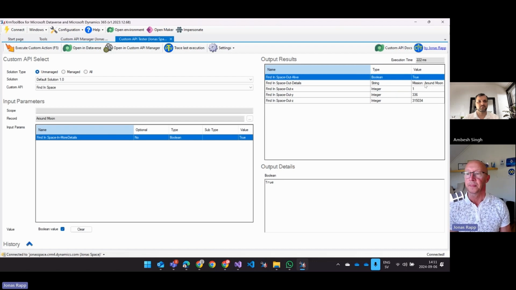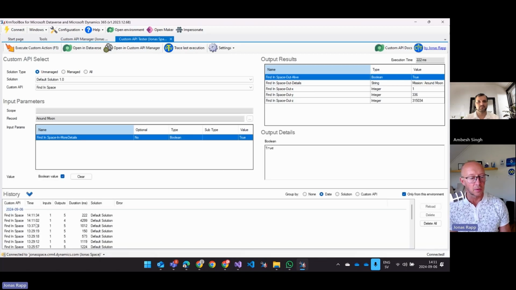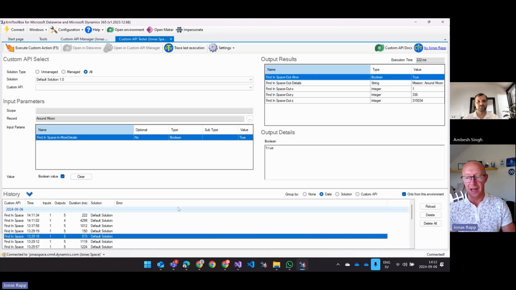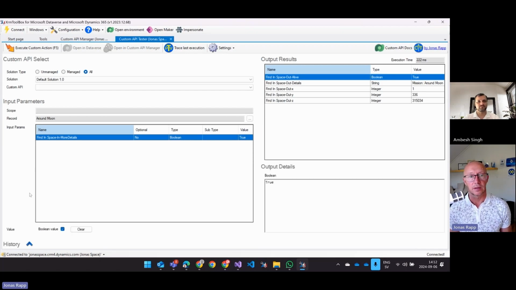round moon. Okay, so this is just a very simple example of how to put in the input parameters and how to look at the output parameters as well. There's one little more feature in here. There's some history. So I can see what I called earlier today. We can go back and forth and see what we used to do and so on. And actually, that's all. It's quite simple, but it will just call the APIs and get the